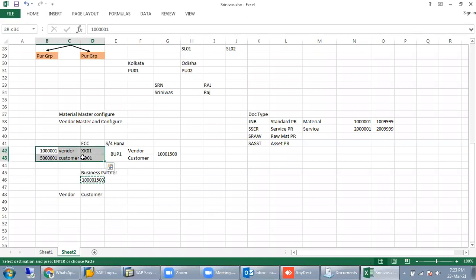We are going to do this because many customers have not upgraded to S/4HANA in India. Maximum means 50% and above have converted from on-premises ECC to S/4HANA, but some customers are still using ECC.